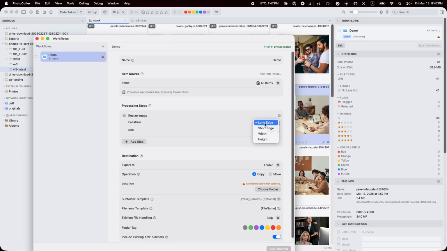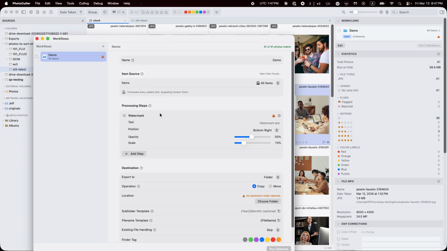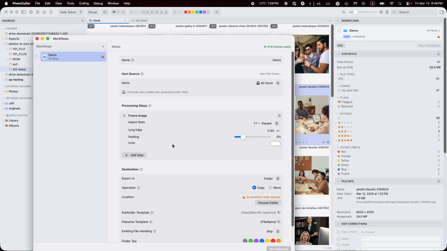So for resize image, you can choose which edge to constrain the image on, the size of the image, and yeah, some of these have various options here. So watermark will allow you to apply a watermark over your image, and frame lets you